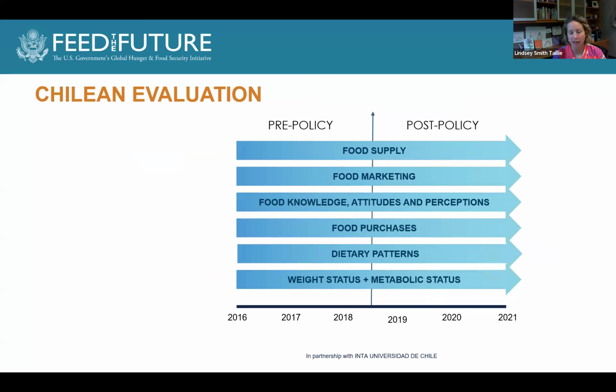And here we're really trying to understand the effects from the food environment and the food supply to what kids are getting exposed to. What kinds of food marketing are they seeing? To things like behavioral change. What are they buying? What are they eating? And we're just starting to look at some of the effects on health.